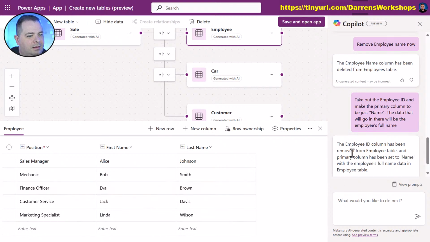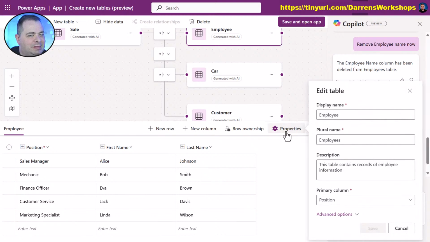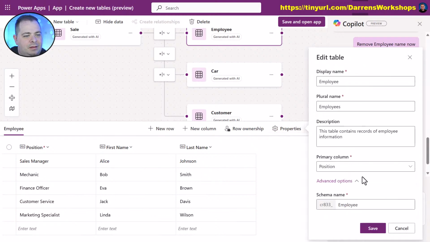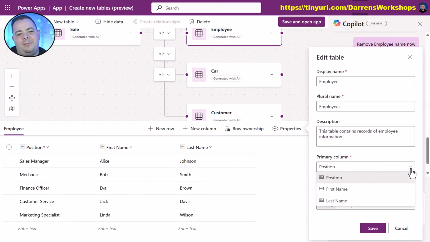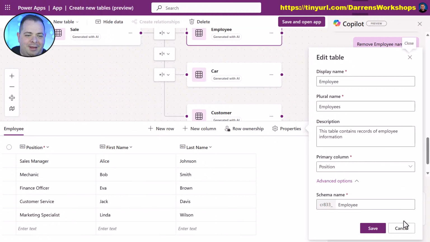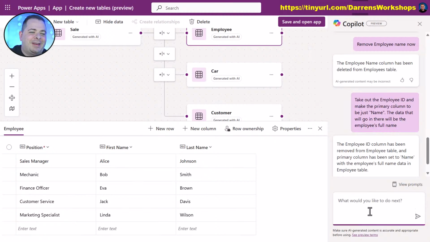Okay, now it says that it's done it. I don't see it though. So if I go in here, okay, look at that. It made the primary column to be position. No. Okay, let's